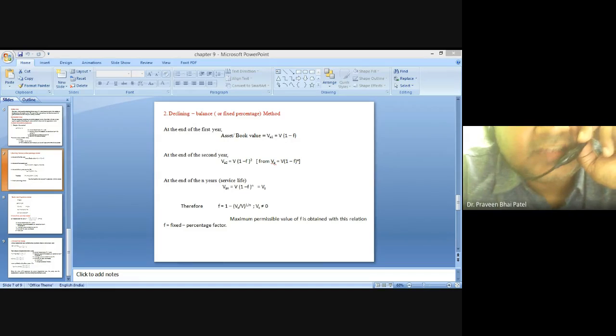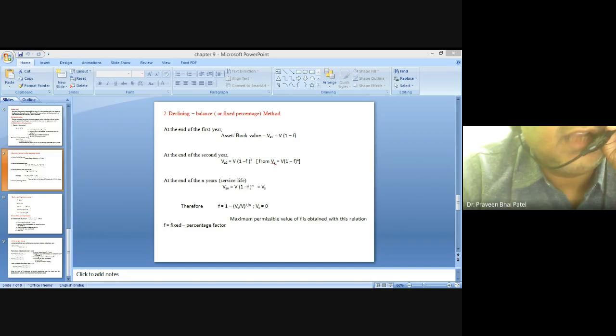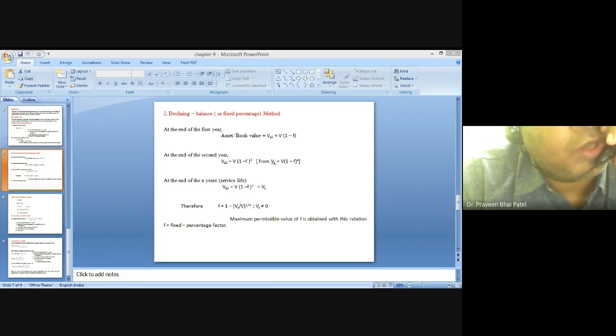That means it is just opposite to the straight line. Initially, the expense is higher, and in the later period, the depreciation is lower. This technique is useful for recording the depreciation of computers, cell phones, and other high technology products that are rapidly becoming obsolete. As we know, computers and cell phones are technology based devices, and with respect to time, they